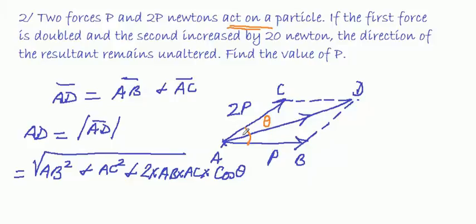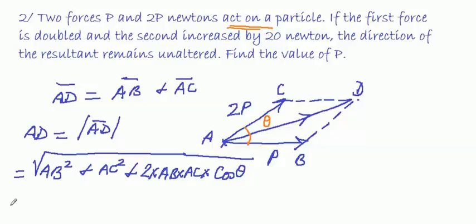Okay, let me make some correction here. I think I should remove the A from here. This square root sign comes to here. I'll write AD here. Okay, now this is the formula for obtaining